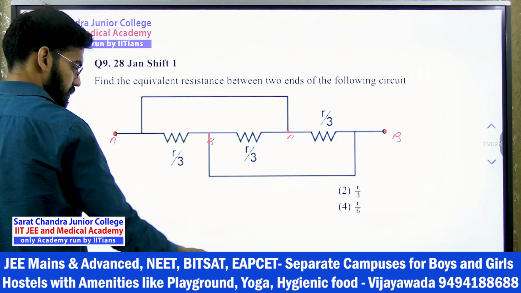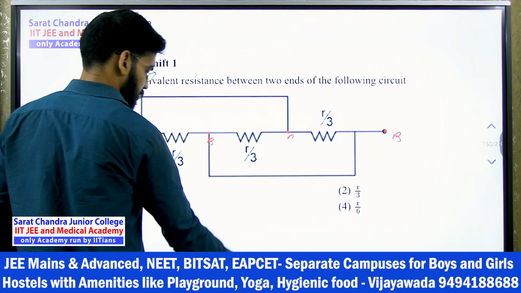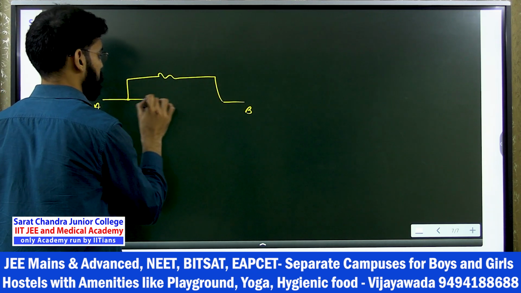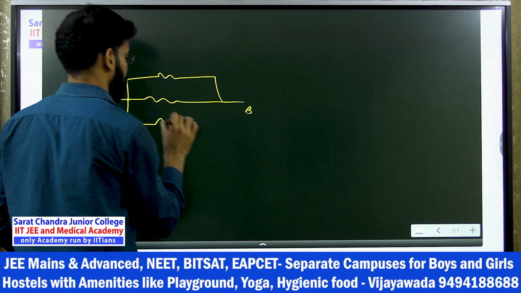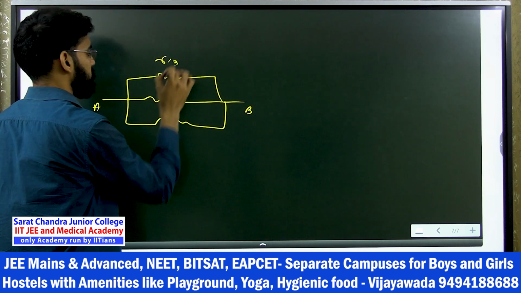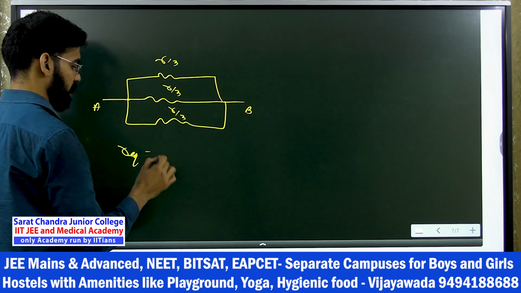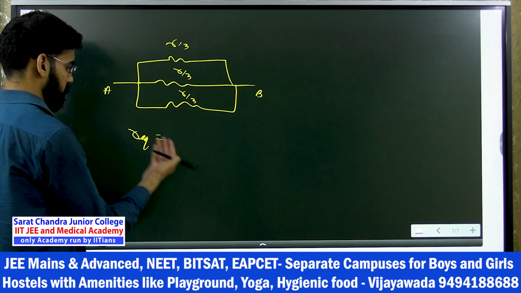Okay, so what can I say? Here all three resistances are between A and B only. So this is like this. This is how we simplify. Okay, so here R equivalent, all are in parallel. So I can say